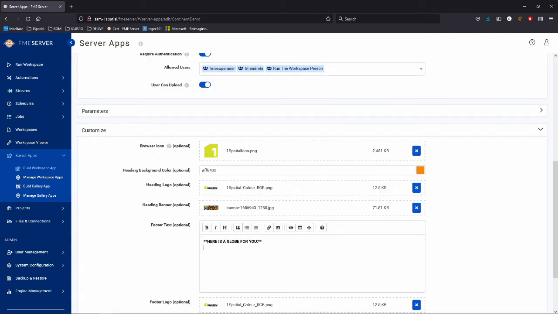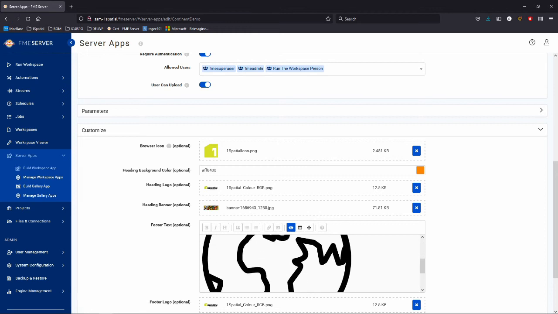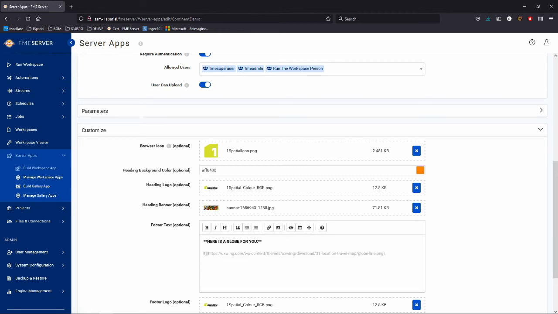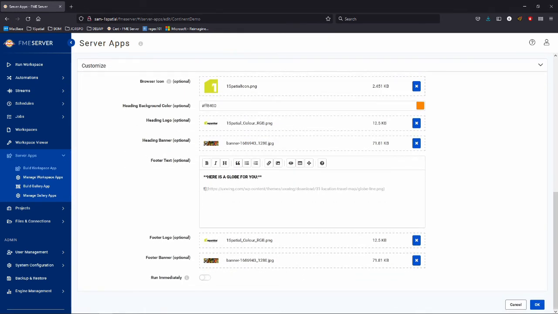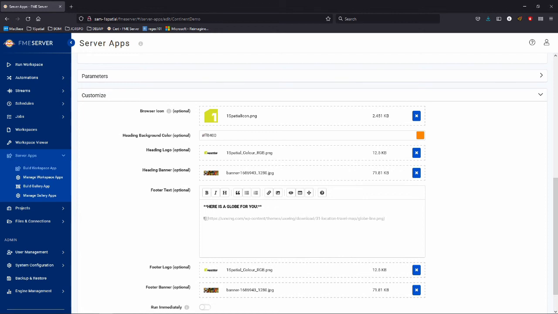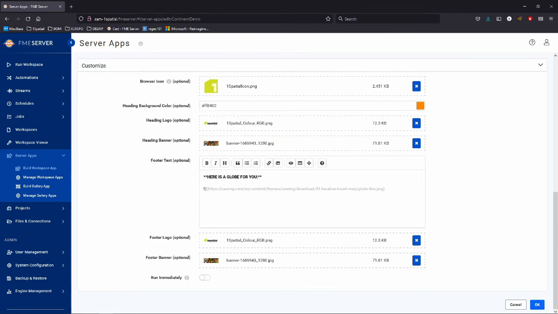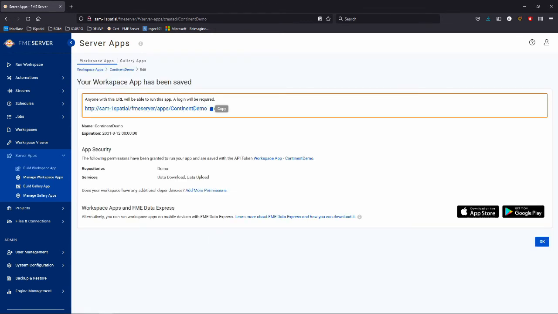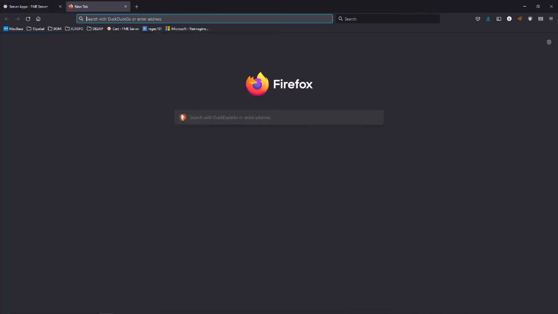Basically, I can go and insert an image, and I've got this image address set already. It's just a free to use globe icon, and if I just view it, hey, there's a globe for you, little globe icon. Cool. That's basically all I need. So I'm going to click OK, get the address again, copy it in,